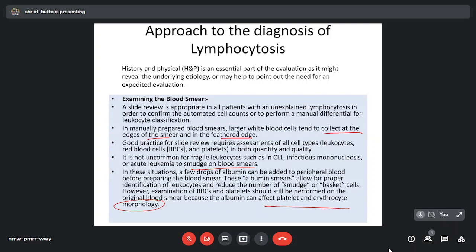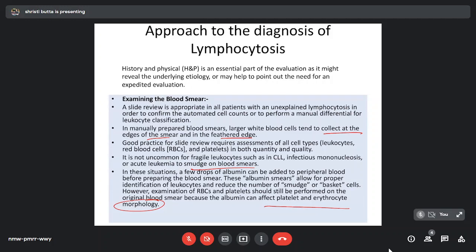Reactive lymphocytosis: separating a monomorphic lymphocytosis from a pleomorphic lymphocytosis can help distinguish a lymphoproliferative disorder from reactive lymphocytosis. Most reactive lymphocytoses show a wide range of size and shape. The classic example of a pleomorphic lymphocytosis is infectious mononucleosis. This spectrum of morphology points to a greater likelihood that the patient has reactive lymphocytosis.